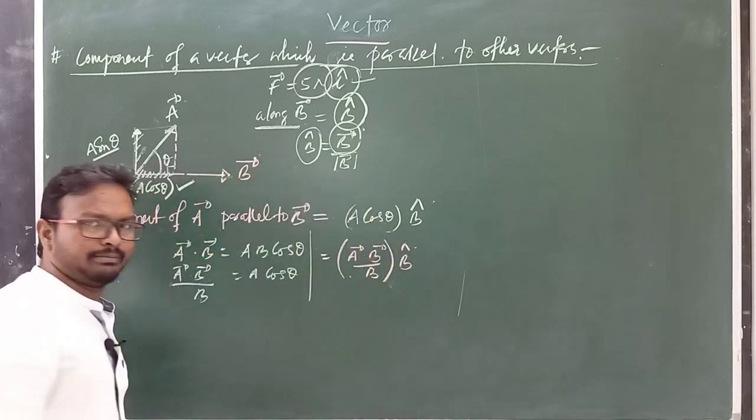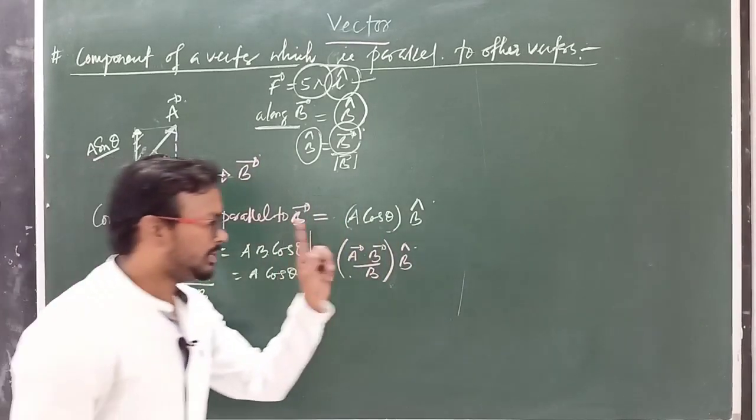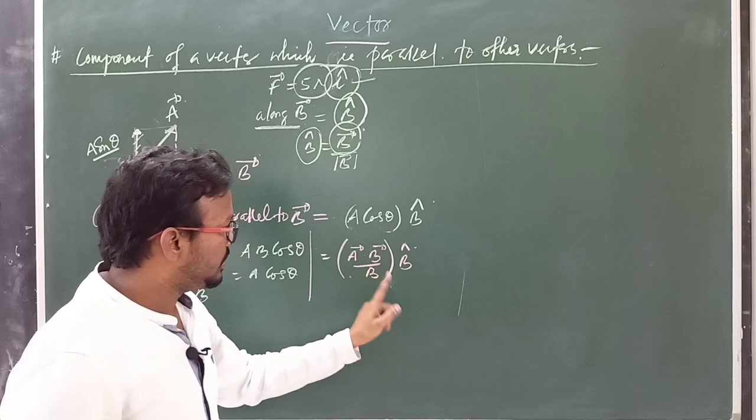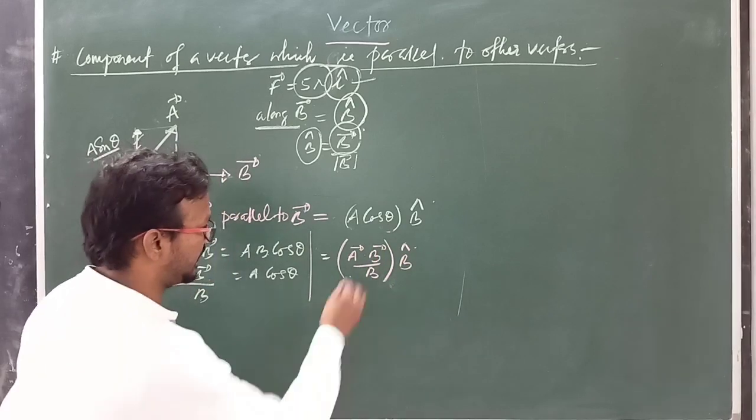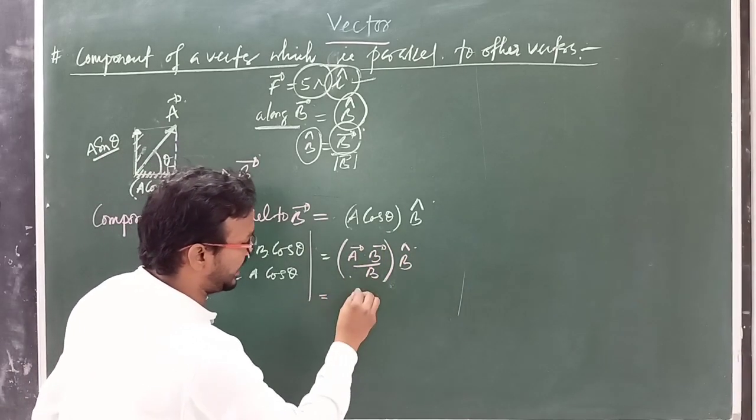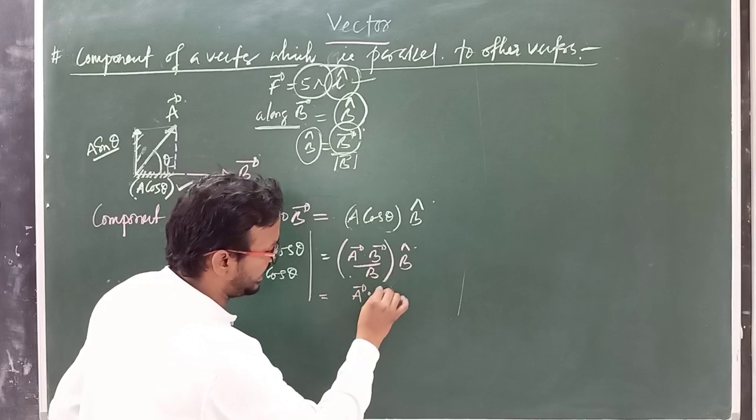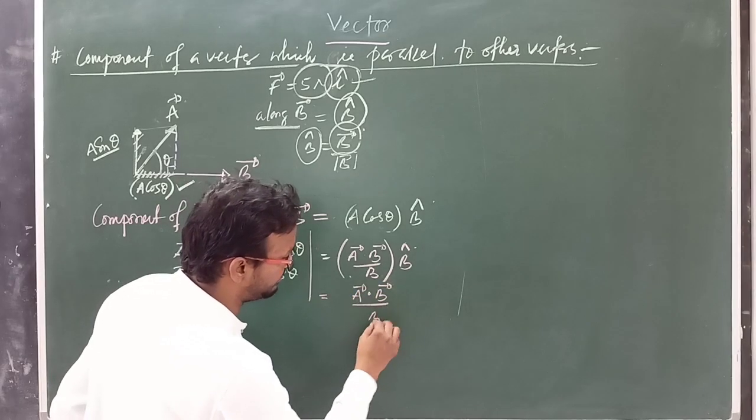This is a very important formula. You have to remember the formula. By using the formula, you can solve numericals. Clear? Or this formula can be written in another format, that is A dot B cap divided by B into,